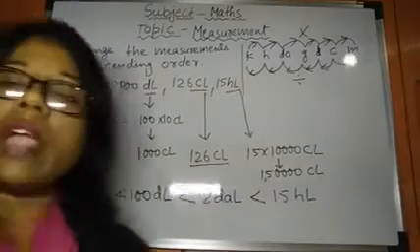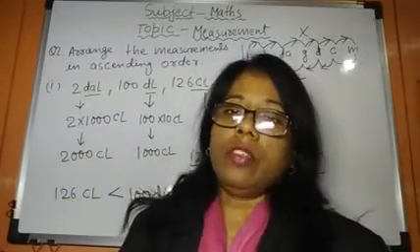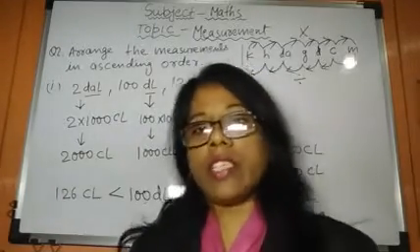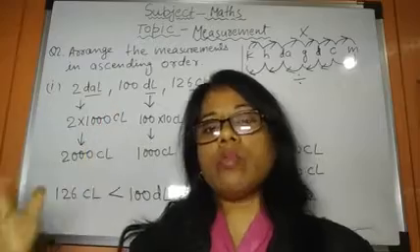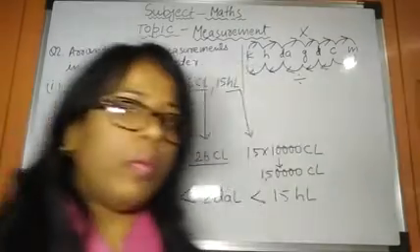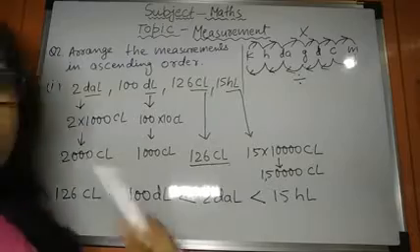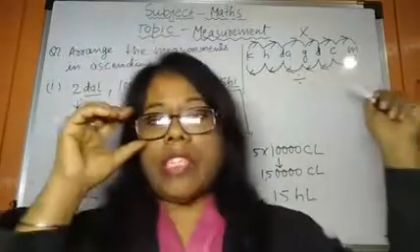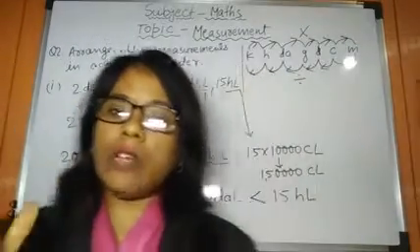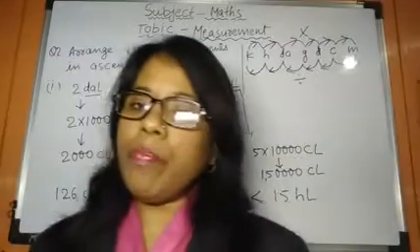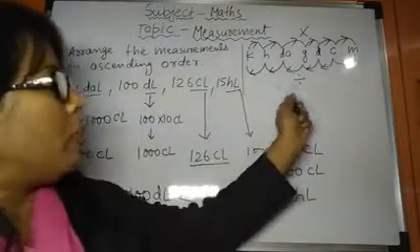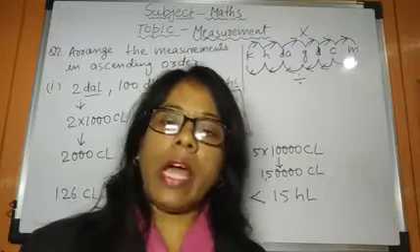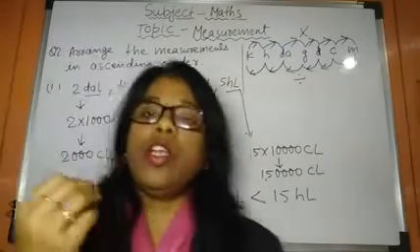So in this way you can arrange the given numbers with units in ascending or descending order. Ascending order is from smaller to bigger, descending order from bigger to smaller. Just keep in mind whenever you are going to solve a conversion sum, first of all make a rough chart starting from kilo and ending at milli. Then check if it is from a bigger unit to a smaller unit, you have to multiply. If from a smaller unit to a bigger unit, you have to divide.